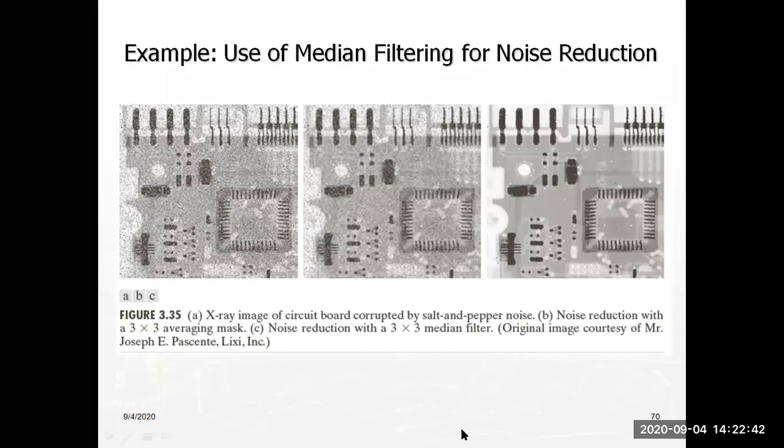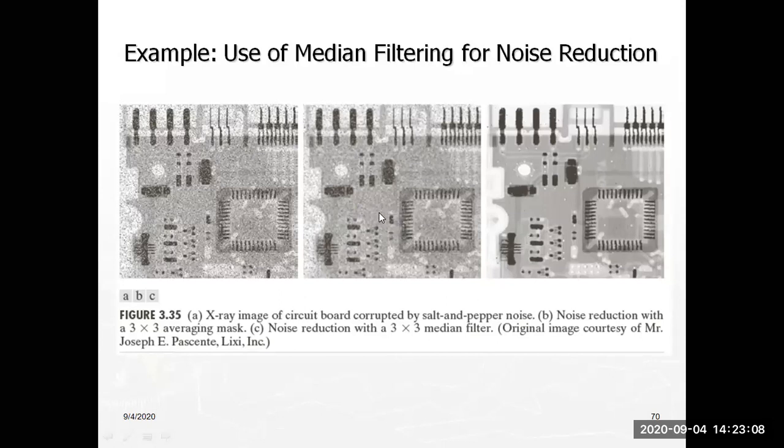when I took one image, it included salt and pepper noise, and that image will be the first one, A. So first of all, remove the noise with a 3x3 average mask. That is linear filtering, which is the normal mask. The image will be like this, but it does not have that much clarity.